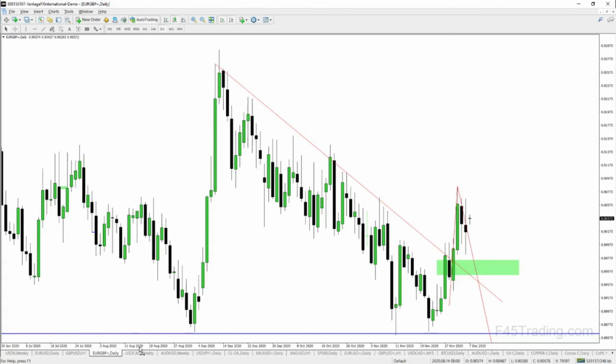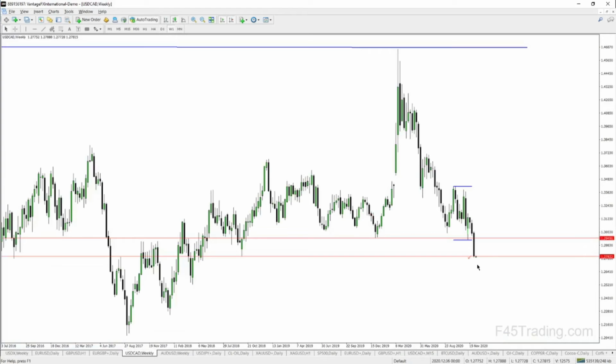That's all I've got for those guys there. UsCad had a big smash of a week. This was my target on the downside for last week there. Again, target achieved. Absolutely brilliant. Again, if we see them really start dropping this thing, our next target is going to be possibly